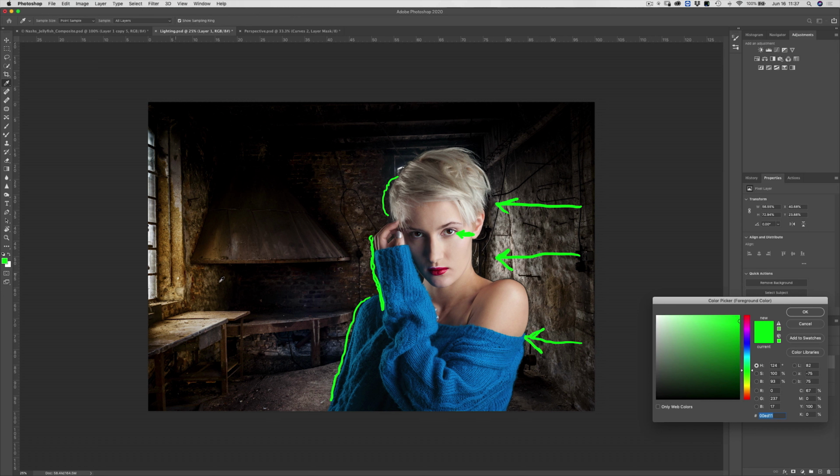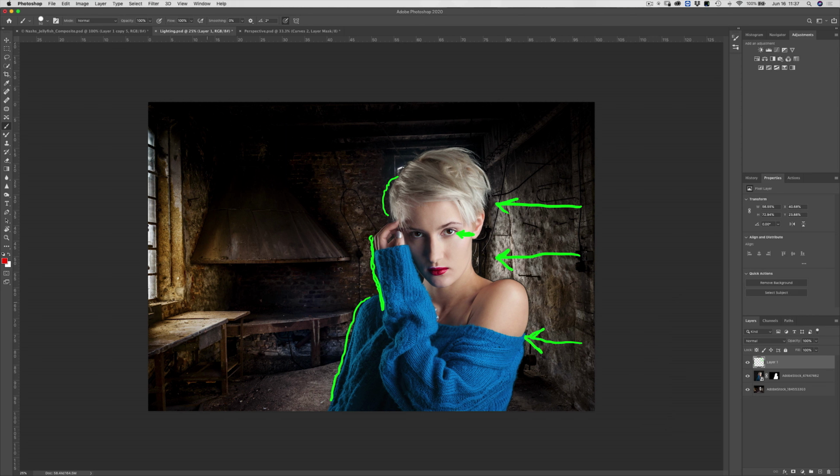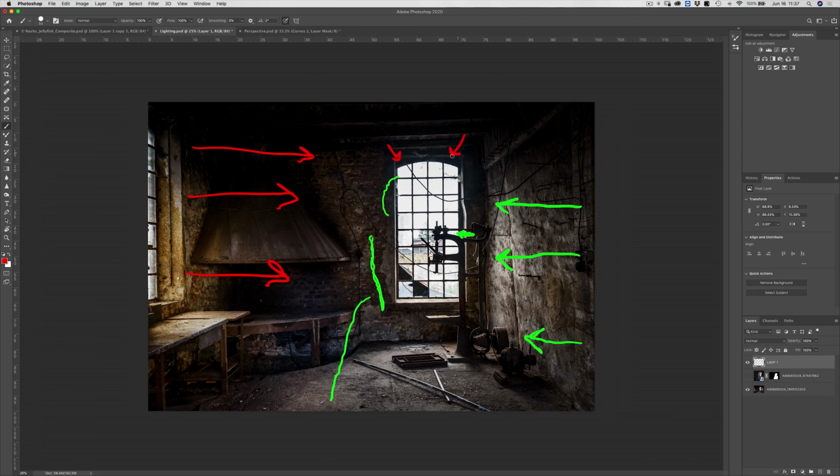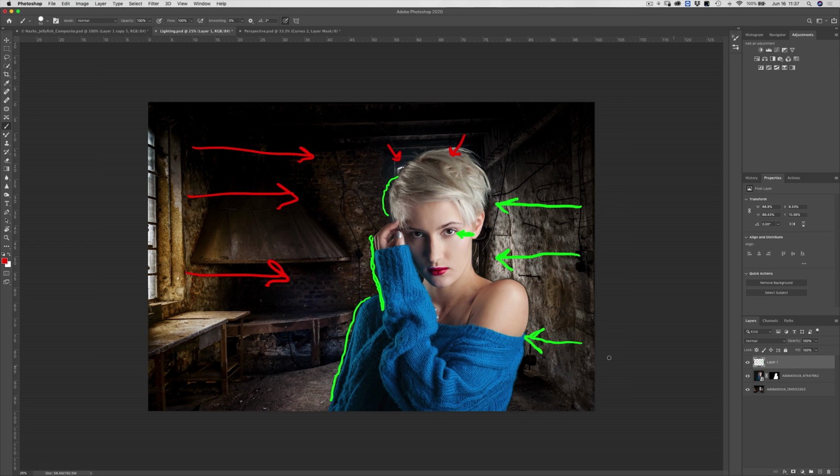So let's change our color and let's start to talk about the lighting characteristics of the background. We have our large light source shining light in this way. And then we also have a light source back here behind her. Let me turn off the layer of the model so that you can see that this is our other light source, okay? So while this works with the model in front, see how it's kind of showing a little bit? This does not work because this is the larger of the two light sources. So if this were the case, the other side of her would be illuminated, right? So what can we do here?